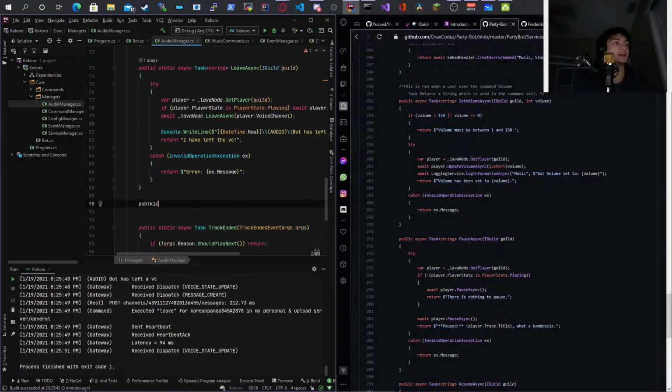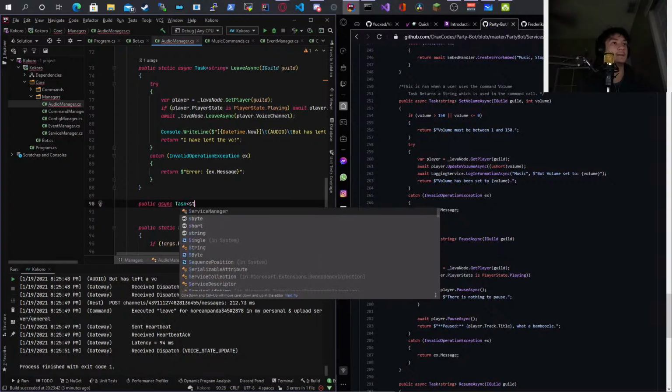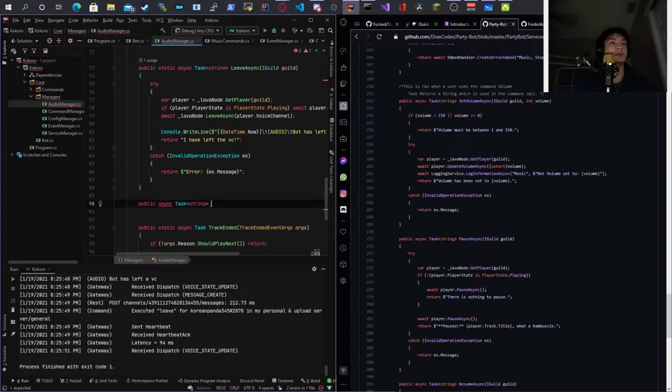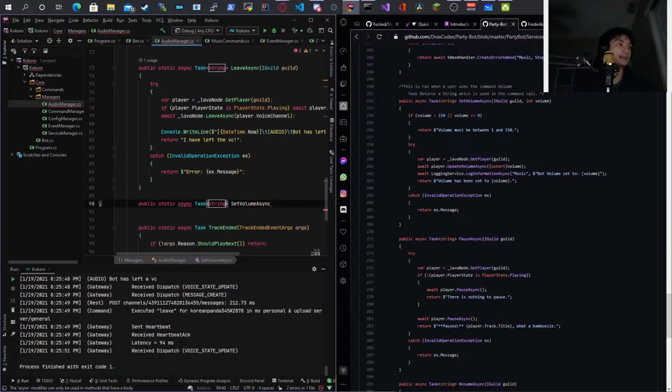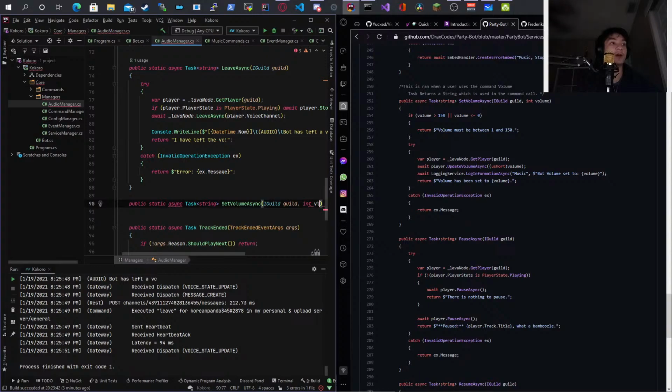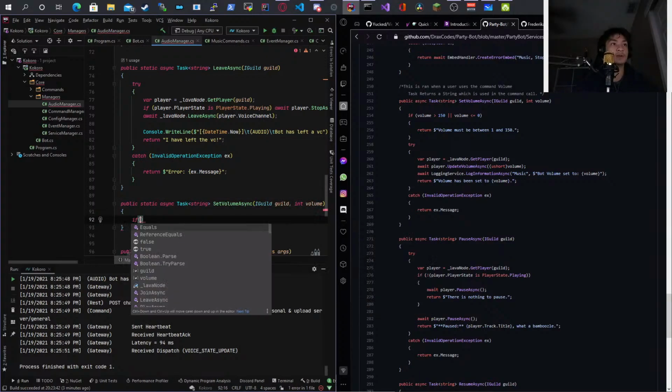So public async task string. And we're going to do set volume async. This does need to be a static method because it is in a static class. Okay, now I can do a guild, I guild int volume. Okay, then we're going to do is volume.